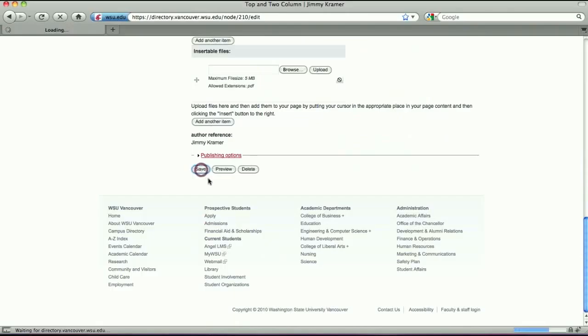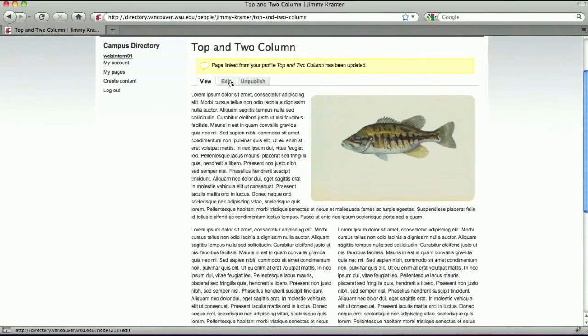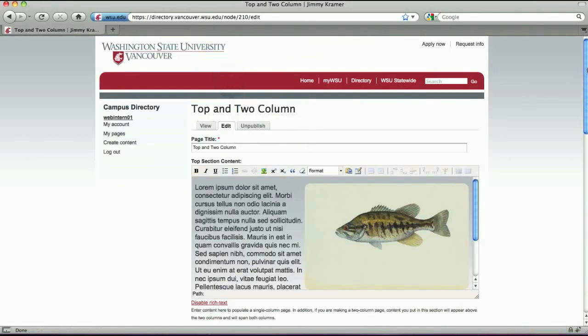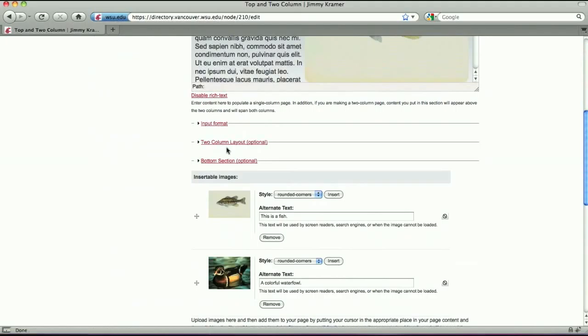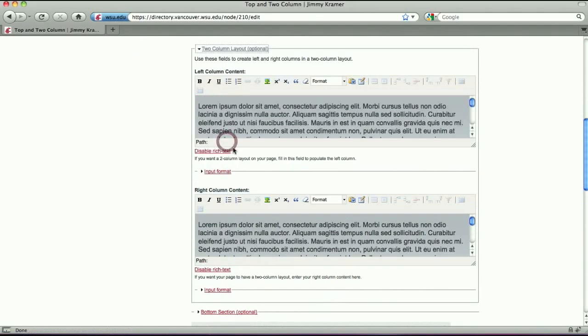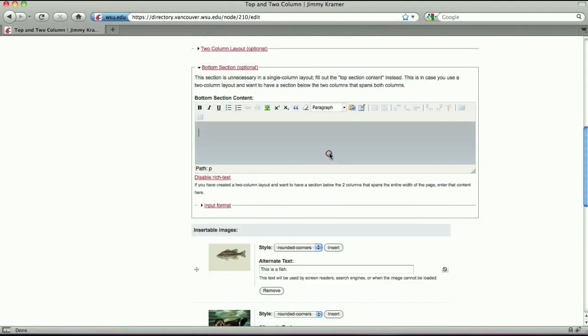It doesn't show up on this public view, but if we hit Edit again, we still keep it in case we want to use it for later use. There it is. And let's actually put it in now. So we could put it in either the left column or the right column. But since we don't have anything in the bottom right now, let's just drop it in there. Put your cursor where you want it, hit insert,